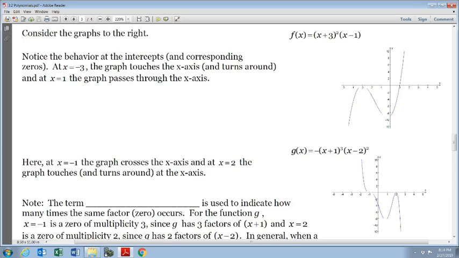Notice the behavior at the intercepts and corresponding zeros. So first of all, what are the zeros here? I'm going to go ahead and darken in these graphs. So I'm looking at this function right here. The zeros are going to be